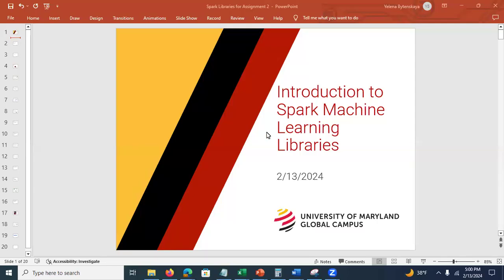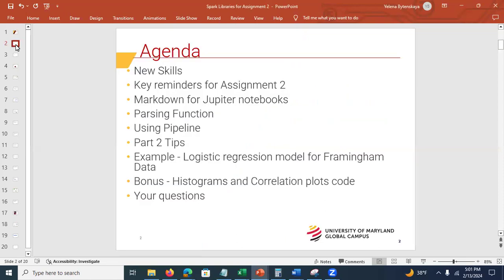All right, everyone. So this is our introduction to Spark Machine Learning Libraries lecture. And here's the agenda. Well, a brief overview of the new skills you're getting, some key reminders for assignment 2, the markdown for Jupyter Notebook, then very important to understand the parser function, because this is where most of the errors for this assignment happen. Well, we're going to talk about general tips for part 2, and I'm going to give you another